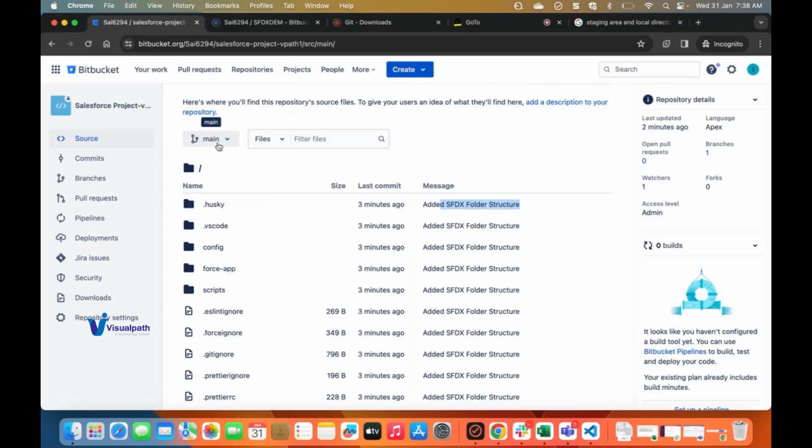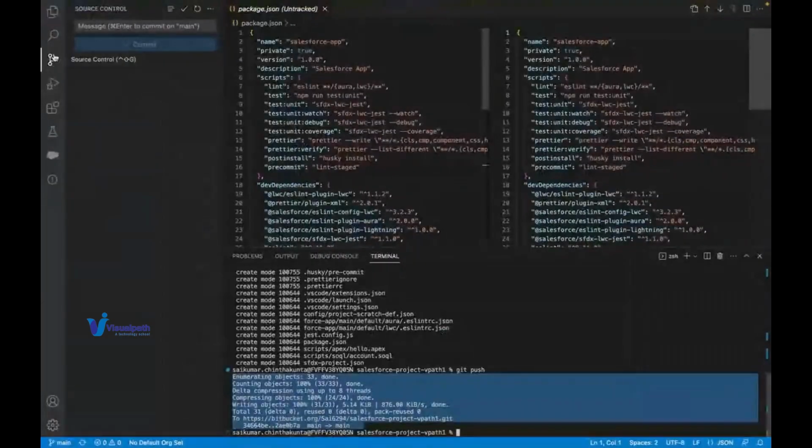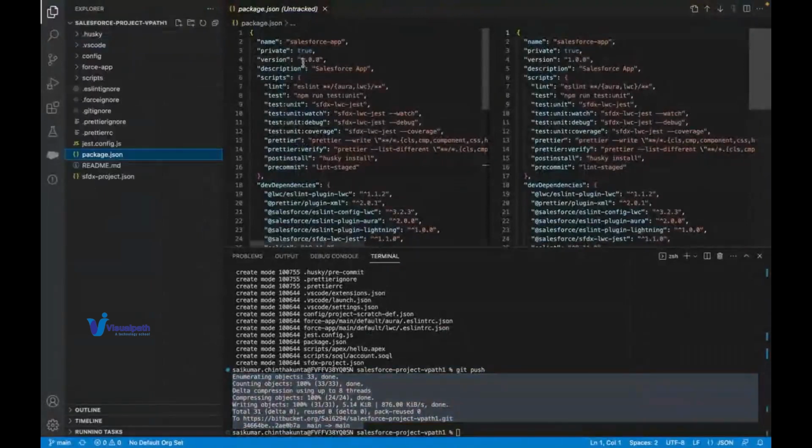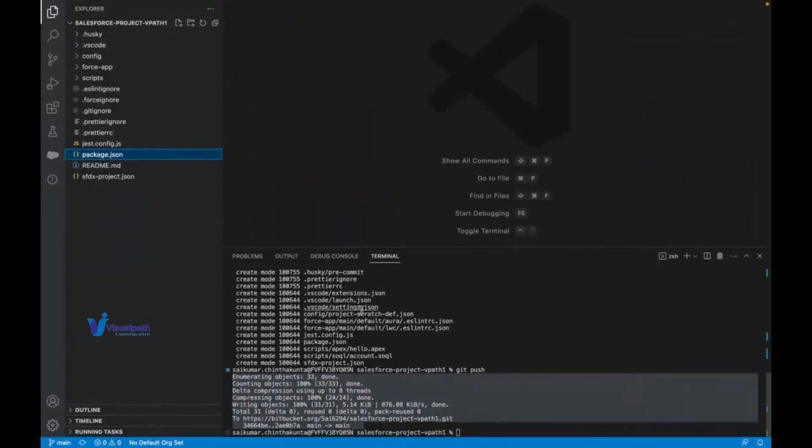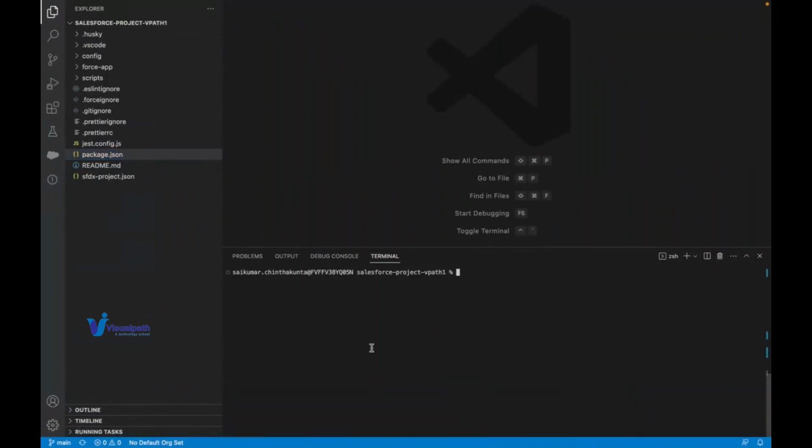Now let's see how we can retrieve the code and push it to the main or master branch. I'm trying to push the production org code to the main or master branch. So let's see how we can do that. Before retrieving the code from the production org, let me clear this. Okay, so the next thing you should remember is